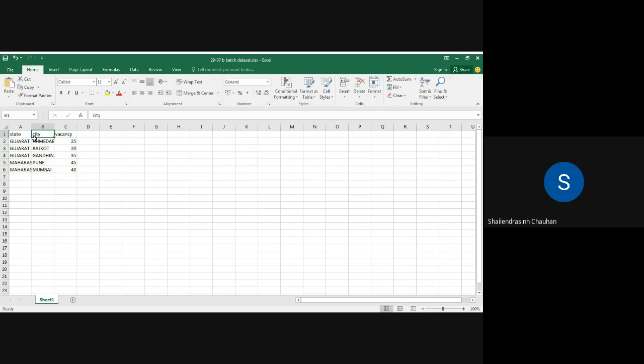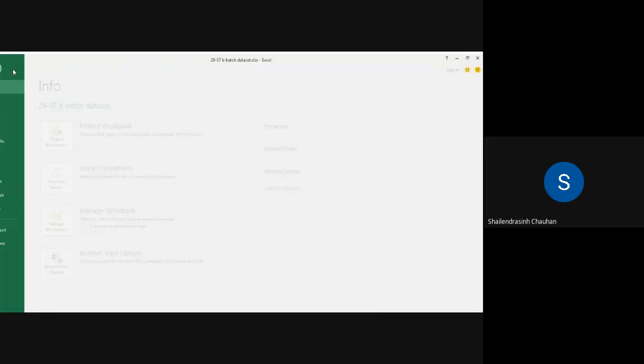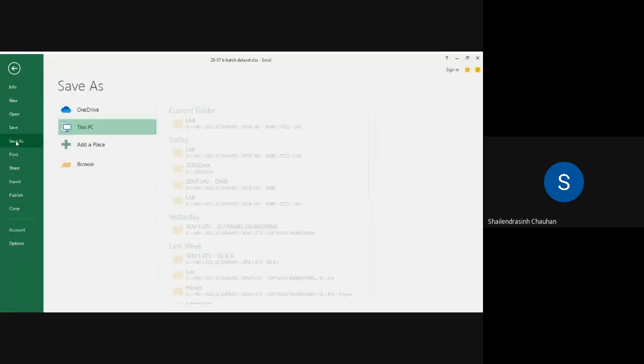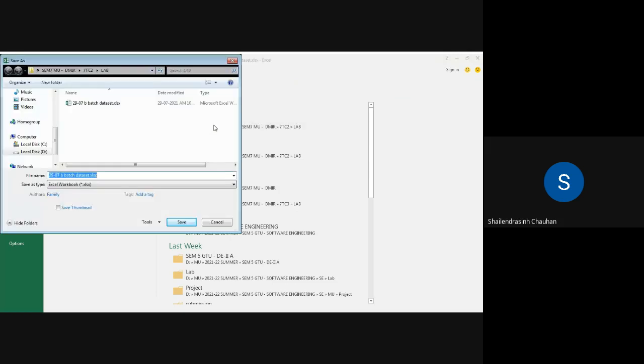So currently we are having this file as XLSX, that is Excel file format. Now what we'll do, we are trying to save this as CSV, and let us see what will happen. And we'll try to open that with Weka. So CSV file format.